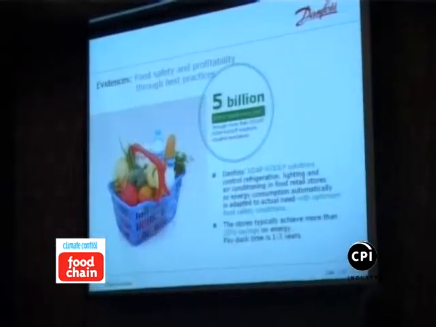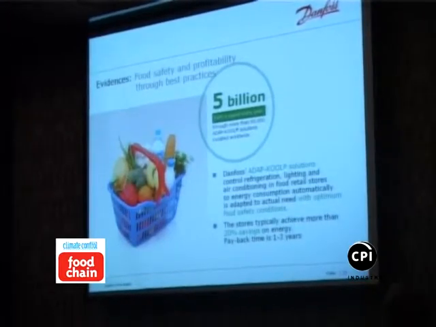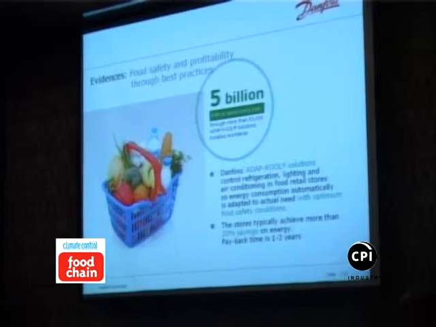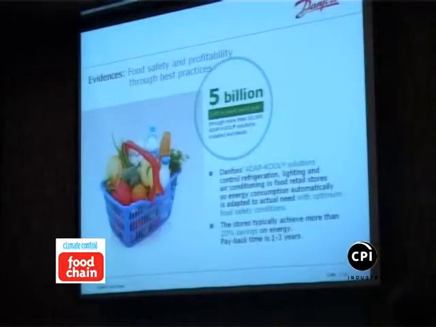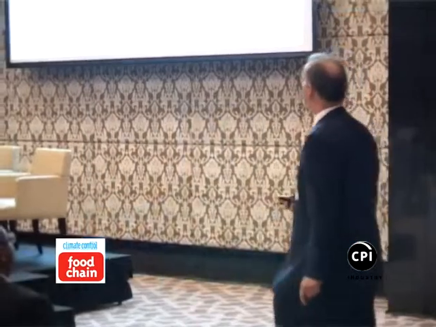Then I just want to finish with just a little bit of our evidence. Here we are, that's the last one here. I just want to say, okay, this food affordability is something that really the evidence, or the backup that we have in this, is that today we have of this type of solution, what we call adaptive solutions, today in the market more than 50,000 installations with this type of solutions. We can roughly estimate that the amount of energy that is being saved by those installations is roughly around 5 billion kilowatt hours. Okay? So gentlemen, thank you for your attention.